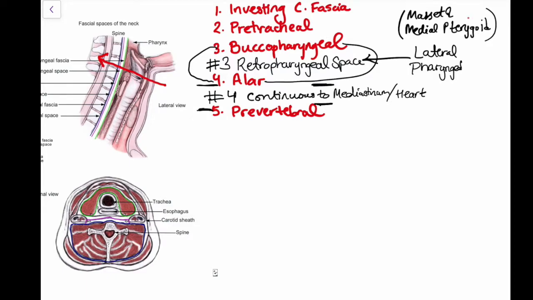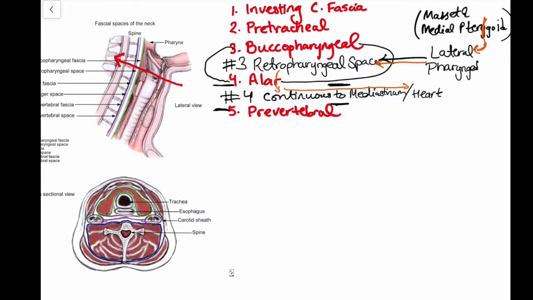So let's say we have a third molar infection, that will leak into that lateral pharyngeal space, which will go into the retropharyngeal space, which will break the alar fascia and continue to the heart and cause heart problems. So this could be a cause of why periodontal problems can lead to some type of heart issues,